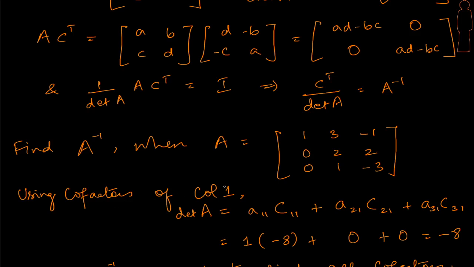I'm going to use the cofactors of column 1, and therefore I'm going to say determinant of A is going to be A11 times this cofactor C11, not A12, but A21 times C21, and A31 times C31. We know that these two will go to 0. I just have one cofactor to be computed here. This is A11, 1. Okay, find the determinant of this submatrix after removing first row and first column. So that is 2 into minus 3 minus 6 minus 2. That's a minus 8, and therefore my determinant is minus 8. So this was probably much quicker to compute rather than using the first row here. Right. So this is a benefit of understanding that determinant of A is the same as determinant of A transpose.